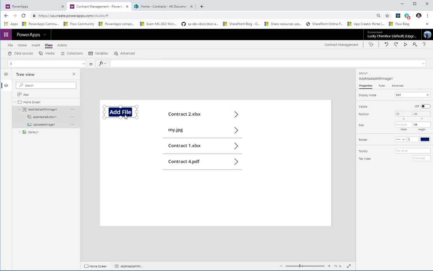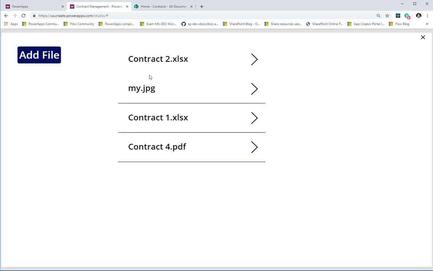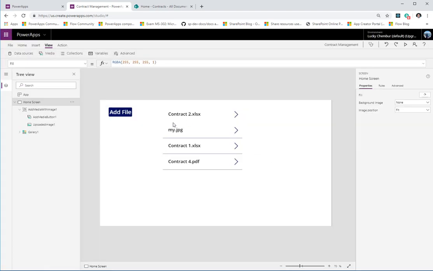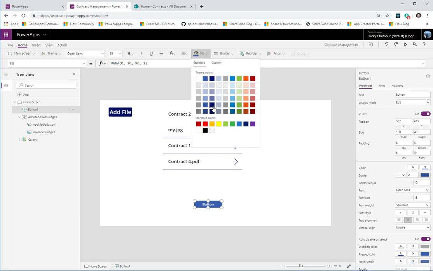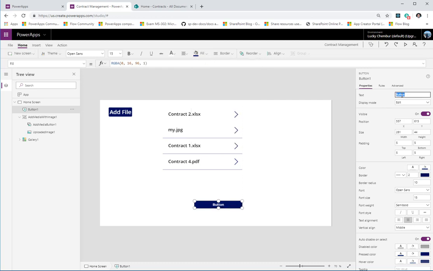Okay. So I've created a mechanism right now through which users can come add files, and all these files are being stored in a collection. However, I want this data to be posted out to SharePoint. I want all of these documents to be uploaded here as contracts. Now, in order for me to do that, I'm going to add another button out here, and let's change a few properties. Let's get the theme right. So here's my button. I'm going to call this for now post to contracts library. And when the user clicks on this button, I want this entire collection to be posted to my document library